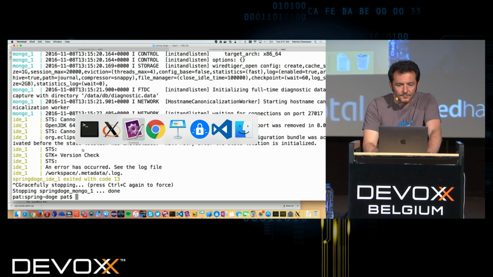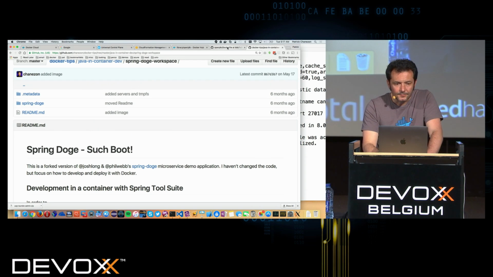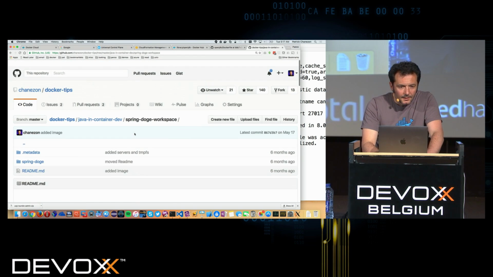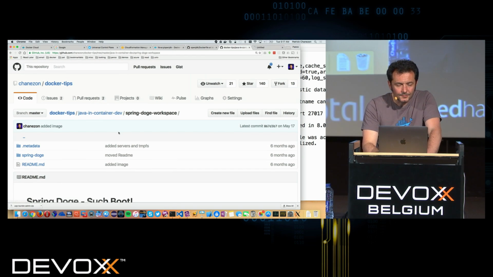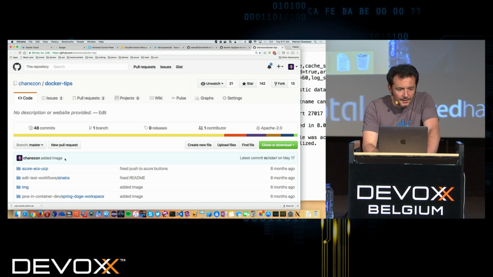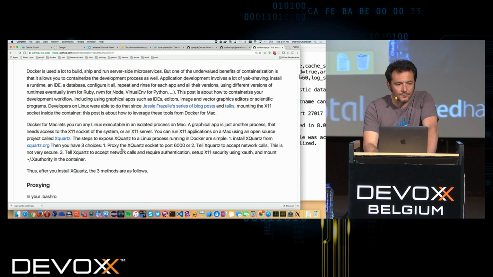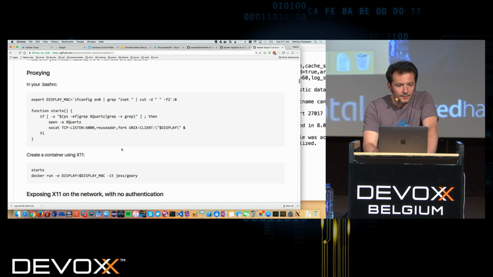Oh, maybe I can use a different method. There are different methods to expose. So if you go to Docker tips, I have a whole cheat sheet of how to run these graphical apps in Docker for Mac. One of the ways is to use socat. So maybe I'll just do that.